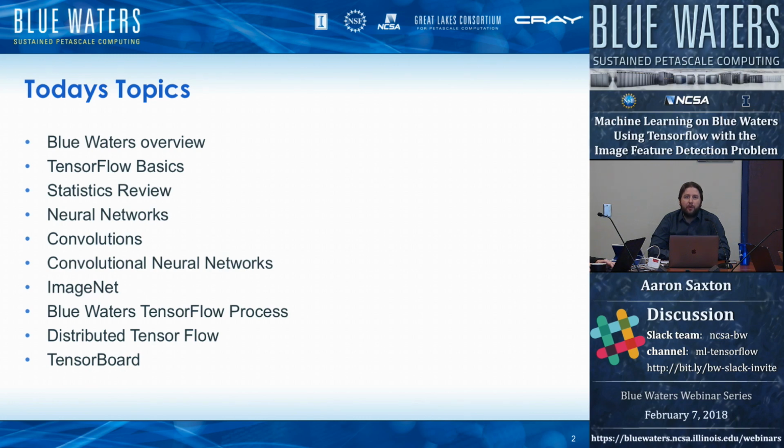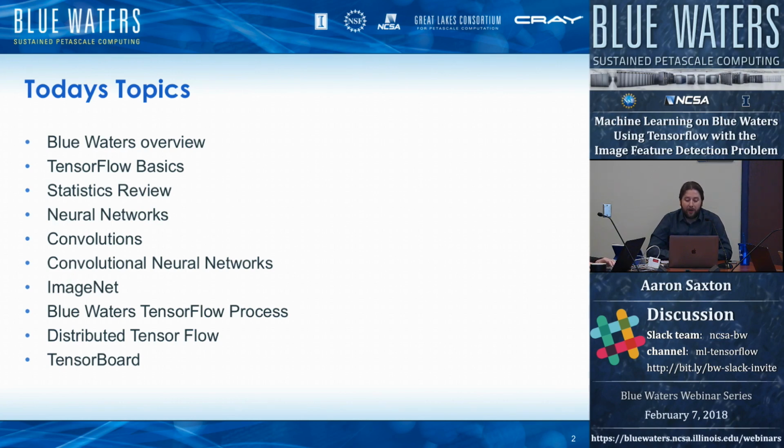So that's where this Blue Waters TensorFlow process topic will come in. I've prepared some run scripts to extract data, compile it into a TensorFlow native format, and then kick off the basic distributed TensorFlow run. So we'll do some code tour through that,